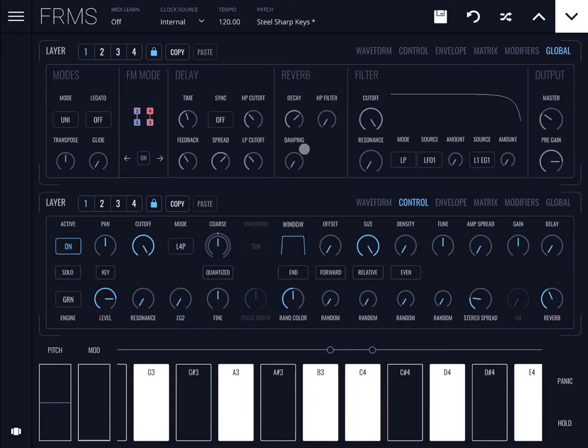So it's longer. We can also set damping. So you can hear the difference. You have much more damping and a longer decay of the reverb. And as well, similar to the delay effect, you can also set the high pass filter. You can hear the difference. Okay, so in terms of cutting that, setting the cutoff frequency. Next we have an overall filter, very useful, so you can set straight away the cutoff here,